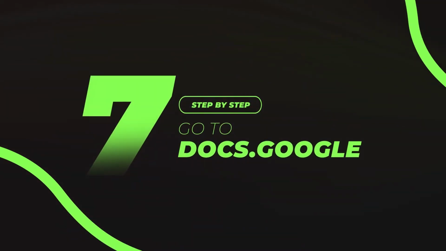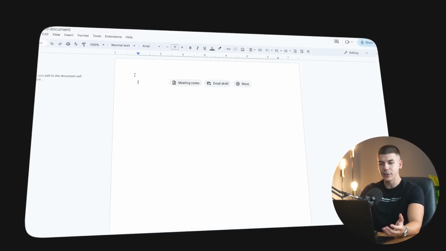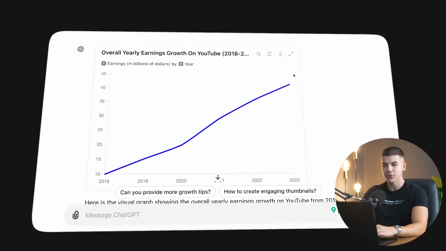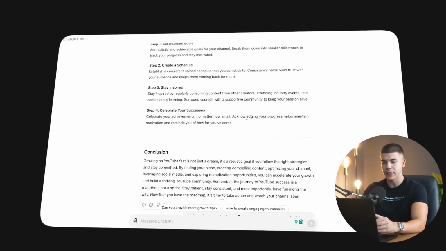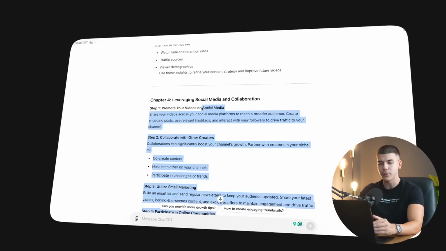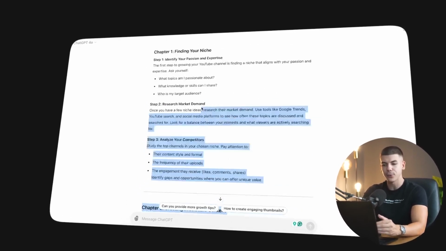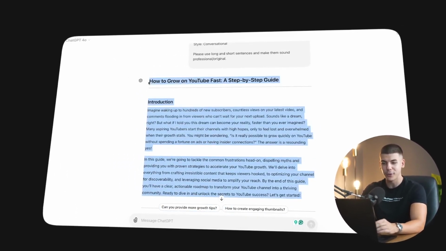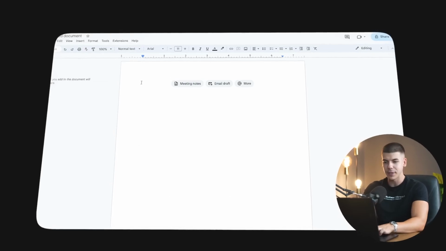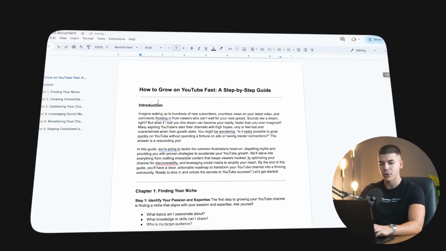So for the very next step, I'm just gonna go to docs.google. I'm gonna click on blank document, and right over there, I'm just gonna start copy pasting everything that ChatGPT has generated for me so far. So first of all, we have this full step-by-step guide, and look at how long that is. So I'm gonna copy that, I'm gonna paste it here, and I can of course change colors and fonts